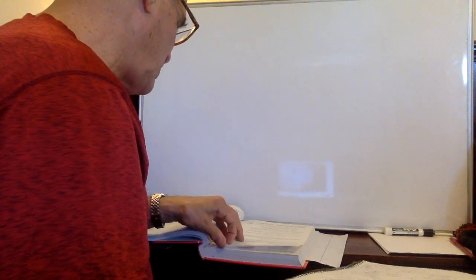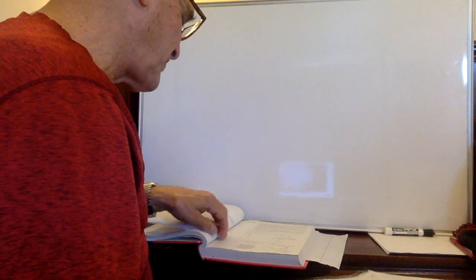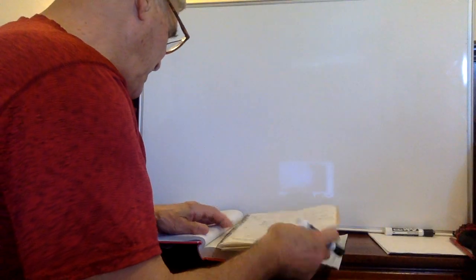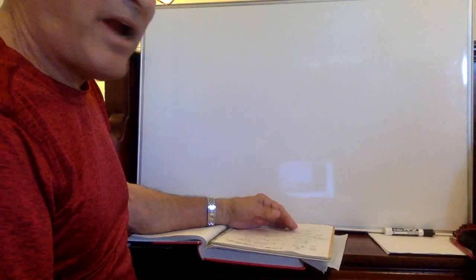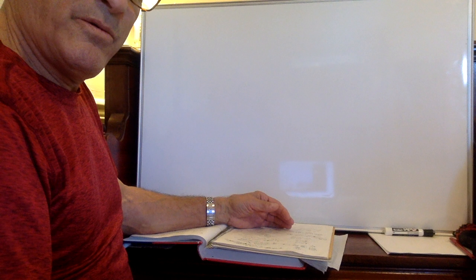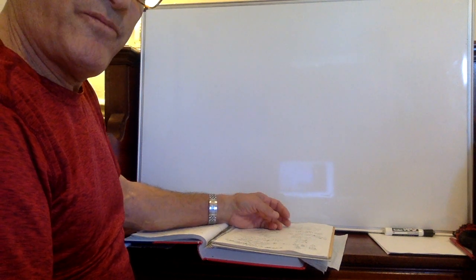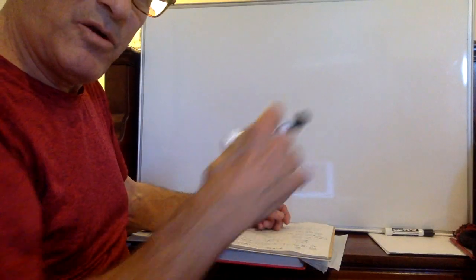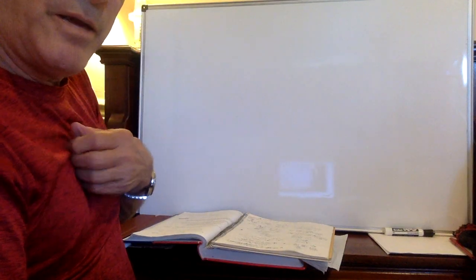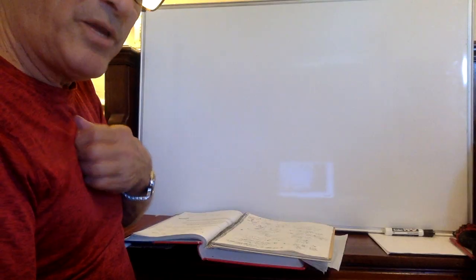Lesson number 28, complex fractions. A complex fraction is simply a fraction that has a fraction in the numerator or denominator, or both, and you have to get rid of the fractions. You have to make it a simple fraction, which is something over something else, not a fraction over a fraction or a number over a fraction. A complex fraction has a fraction in the numerator or denominator. So